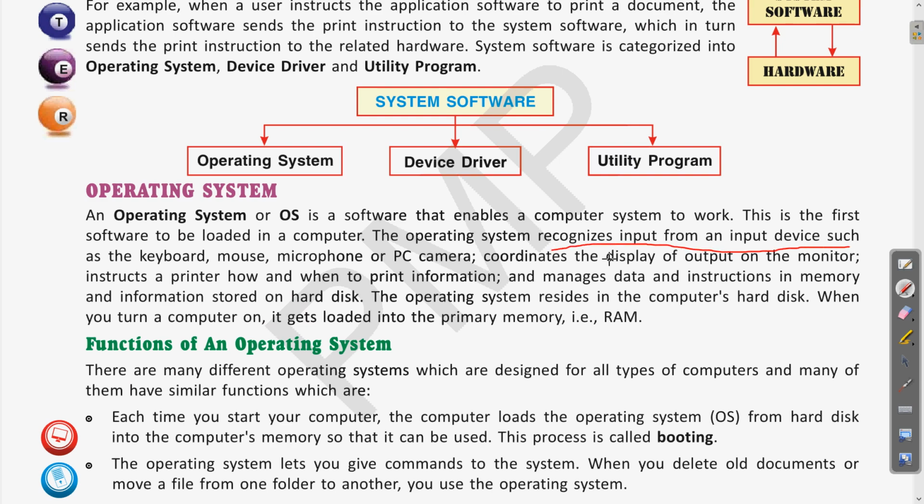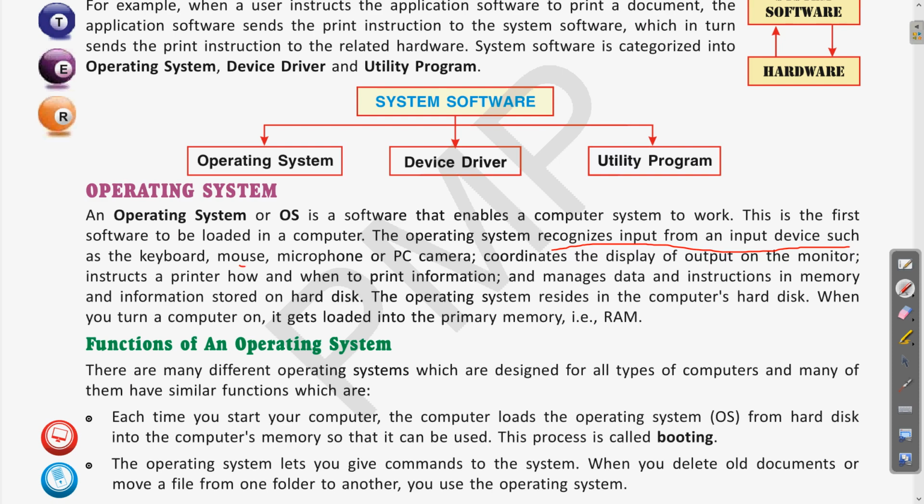Clear? Whatever input you are giving, if you are using a mouse or a keyboard, whatever you are writing, the operating system will manage and recognize which button you are pressing. If you are using a mobile phone, the operating system will recognize where you are touching, whatever the coordinate is, and pass this message to the computer or the hardware, decode the meaning of the signal you are giving, and function on the basis of that.